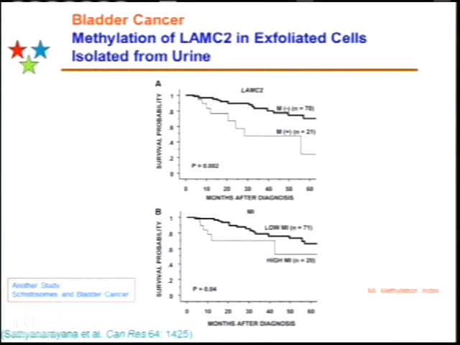PSA is good if the level is 15 or 20 or higher. Then you can easily do it, but to make a decision whether treatment should be done by surgery, radiation, or chemotherapy, these methylation markers are important. And from urine also you can collect exfoliated cells and characterize them by methylation. This example is for bladder cancer, where in urine